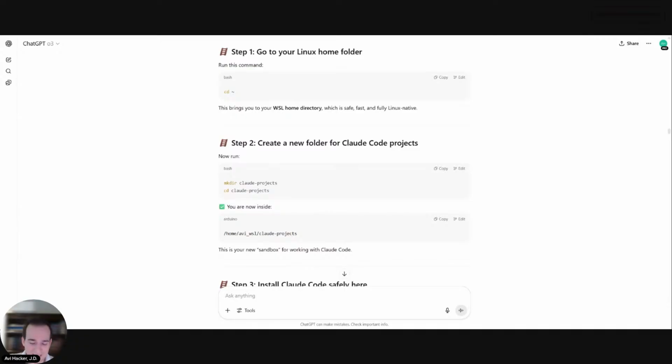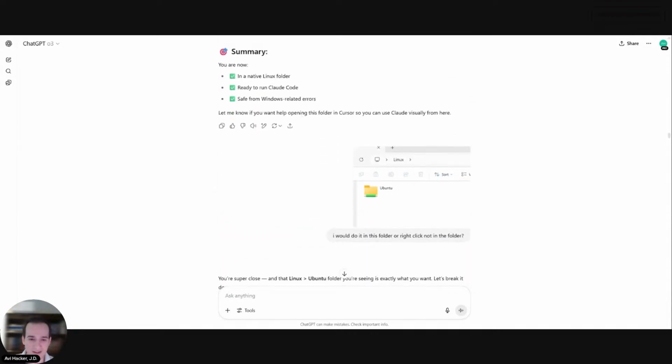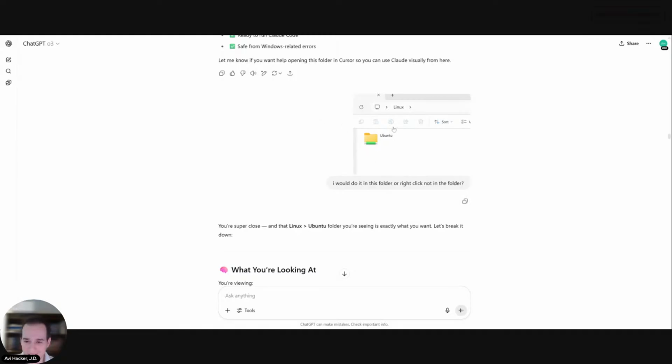And then I think it still wasn't clarifying, because in my mind, I was like, where does this Linux environment sit in my computer? So it started giving me these steps. And then here, I found this on my computer. It says Linux, and then it's installed Ubuntu. And I said,